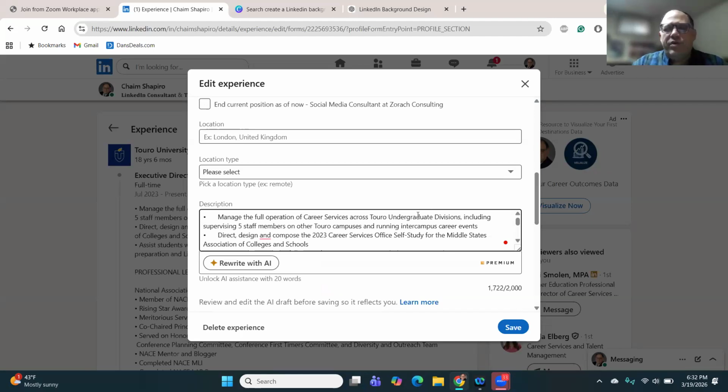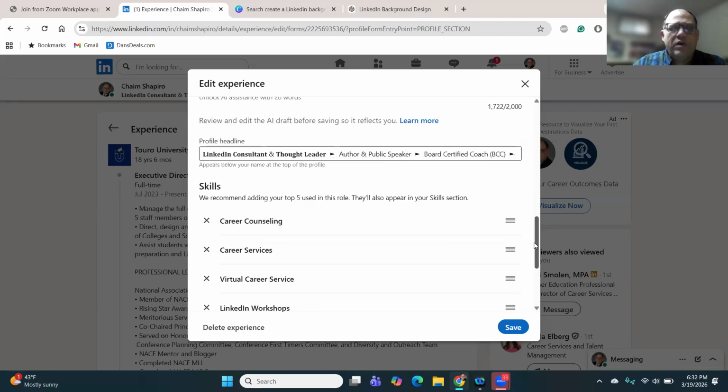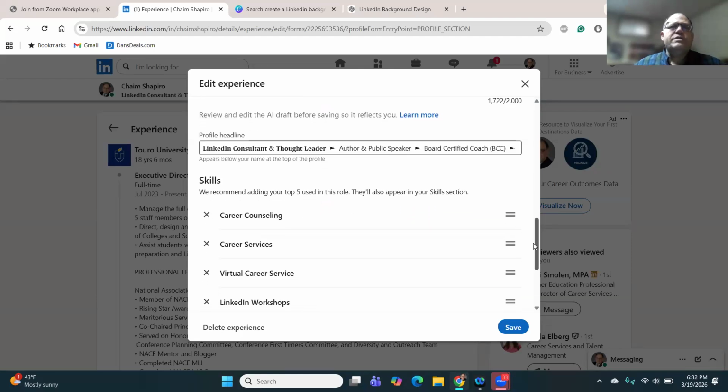The other thing to point out here is you want to include your skills under each of your job and work experiences. The reason this is important is when somebody's looking at your profile and thinks, oh yeah, this is somebody interesting, he has career services skills, well, how long has he had those skills, or she had those skills? So the assumption is if they have it under the job, and I've been in this job for 18 years, that I have 18 years experience in that. So it's important to make sure to have those skills there so they can see you have 2 or 3 years experience in those skills.